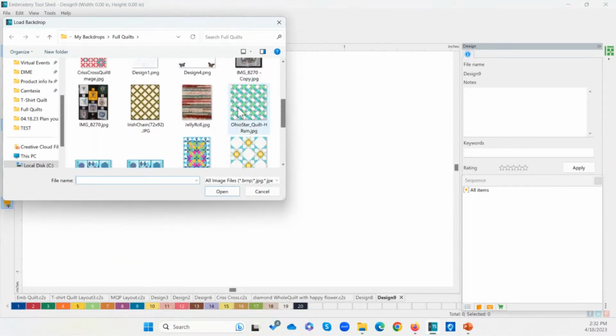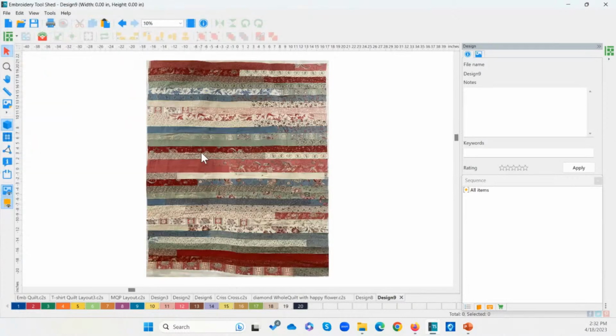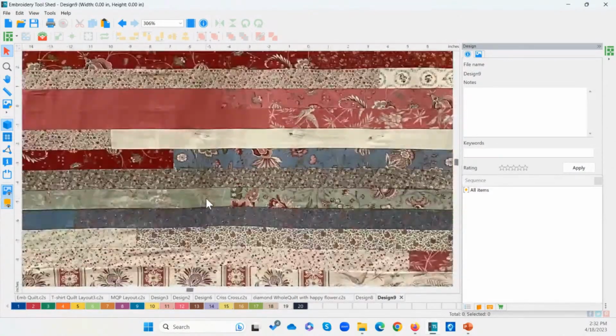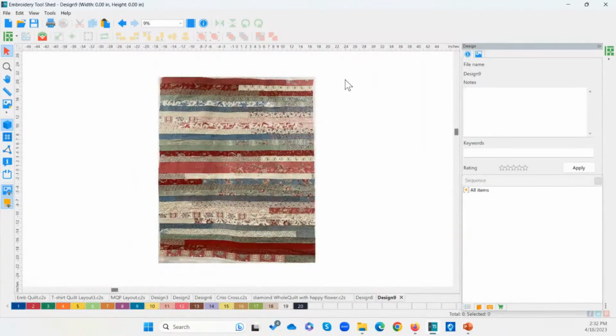So this one here, this quilt image is a jelly roll quilt, and you can actually see, I'm going to zoom in here, that's an actual photograph. I hung this on my trusty hangers and my curtain rod, and was able to take a picture of this, and I just cropped it out. You can see my batting up there and down below.